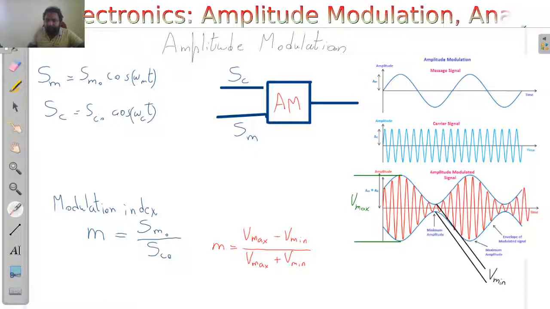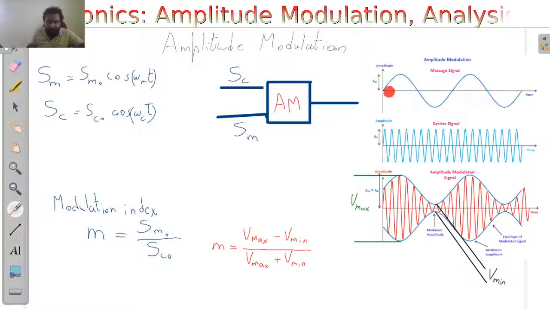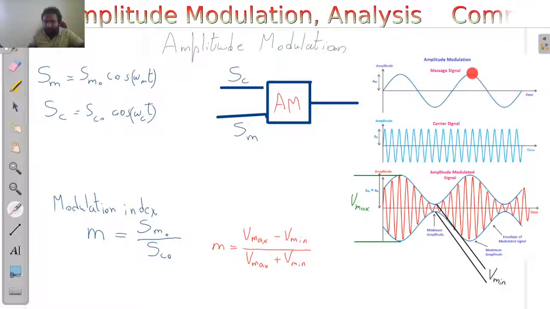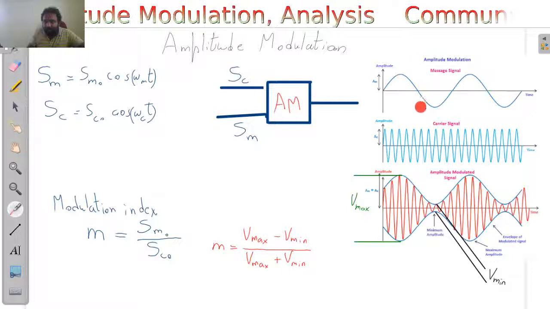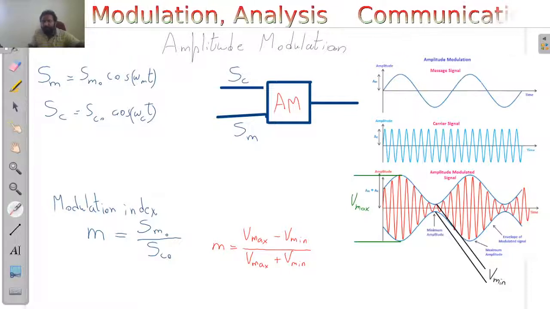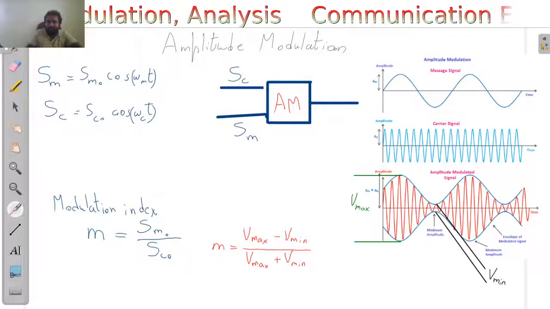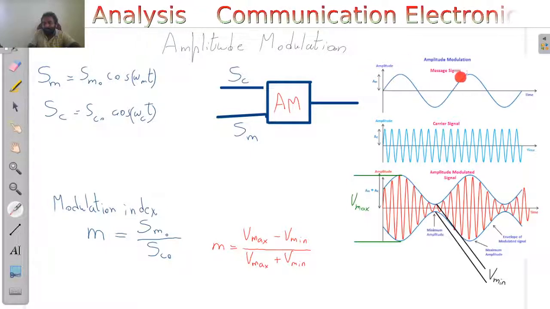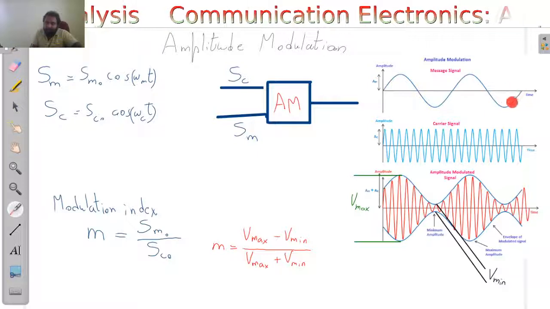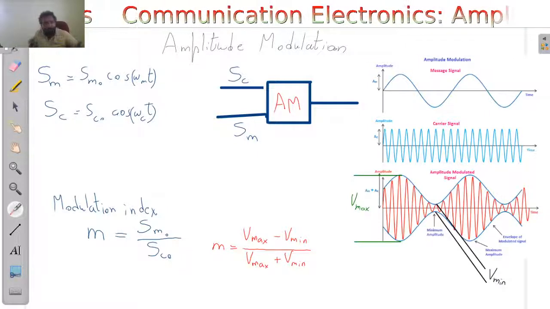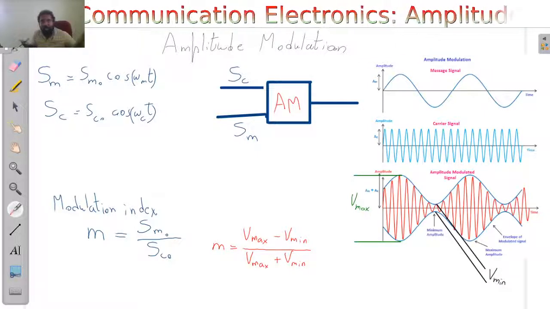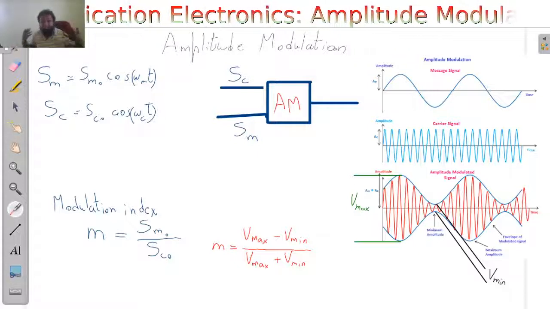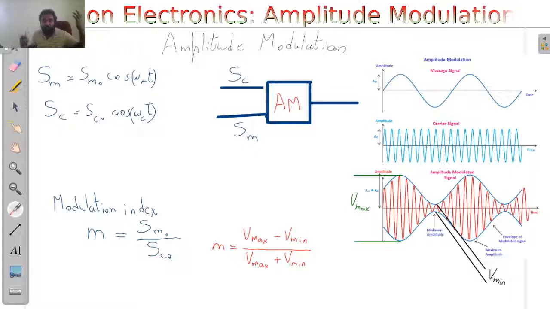Let's see what is happening in the case of an amplitude modulation. When we see this picture, this sine wave represents our message signal. Why I am using a sine wave is that a sine wave is the simplest wave which we can use for testing purposes. In actual cases, it won't be a sine wave. It can be a randomly varying wave. When I am talking, I am not generating a sine wave. I am generating a mixture of different types of sine waves.